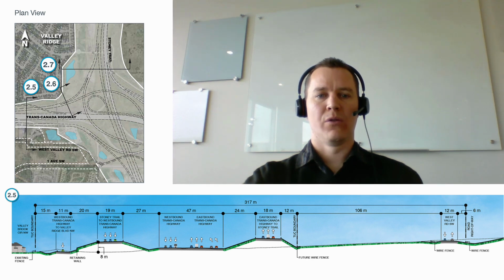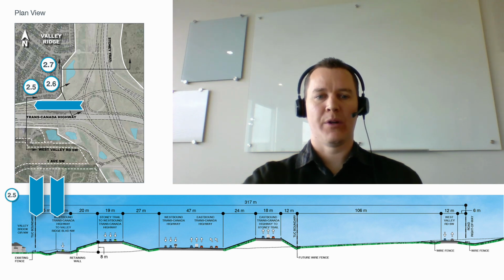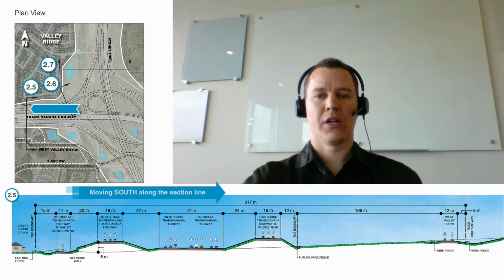The first road I encounter on the cross-section is the new ramp from westbound Trans-Canada Highway to Valley Ridge Boulevard. Looking at the dimension lines, I can see that the ramp is about 15 meters from the property line at the location this section is taken. As we move right or south across the section, the next road is the ramp from Stony Trail to westbound